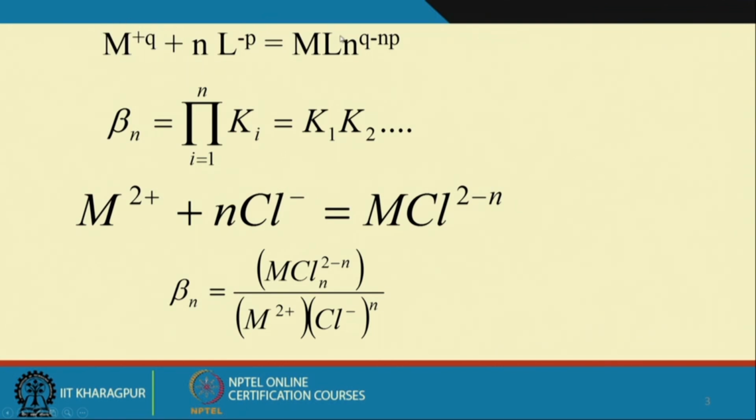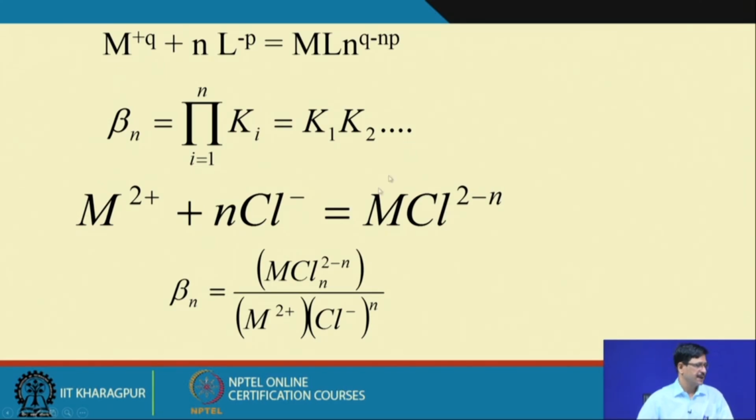So, this gives a schematic relation. The metal ion with Q plus charge and n number of the ligand with minus p charge will form a complex which is MLn Q minus np. So, either it will be bearing a positive charge or a negative charge, depending on the value of n, and here we can represent the equilibrium constants or the formation constants of such kind of complexes through a generally represented equilibrium constant as beta n, which will be K1, K2, K3 or K4, which I will be just explaining in